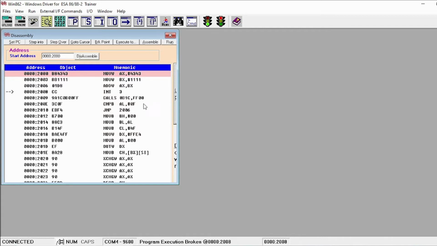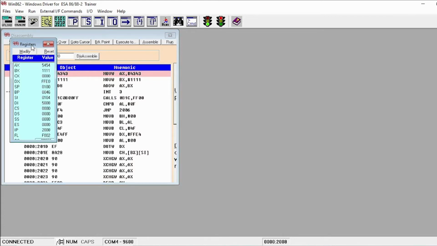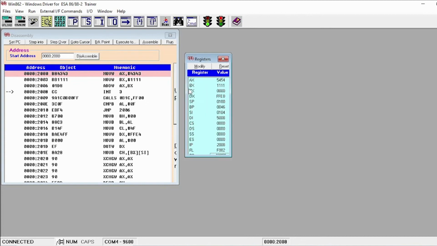Now to see the result here, according to the program written, ADD AX, BX. So the result will be stored in AX register, addition operation. So in order to see the result in the registers, you have to click here view registers. So in the view registers, you can observe, so ADD AX, BX. So AX is the destination register. You can see your result in AX register.